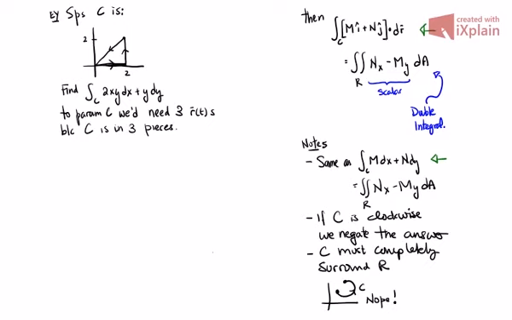Well, 3 segments, if you like. So instead, let's apply Green's theorem. This would be 3 integrals if we did it that way. So instead, by Green's theorem, this integral that we want to do